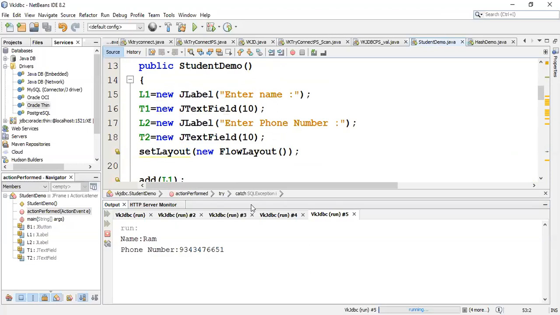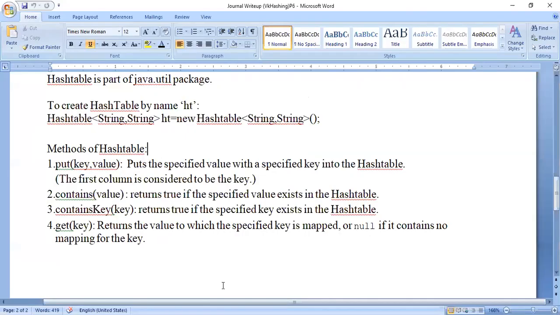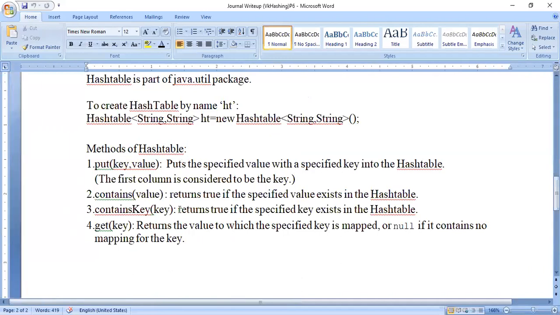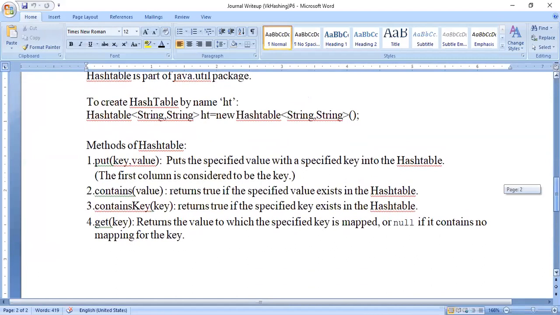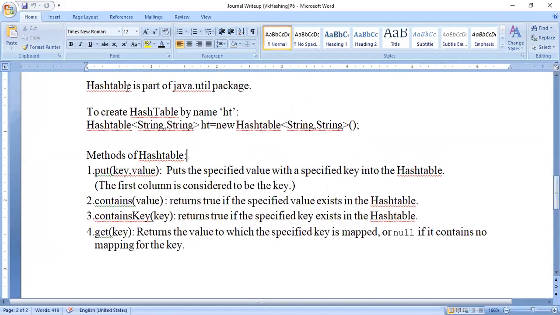Our next journal program is similar, but it has one new concept. So let us first learn that concept that I have already given in the write-up. I will just share that window with you. I hope you all have written this. I don't remember, I had sent it through Aditi. Once I approve, I had told her to forward, but I don't remember whether I've approved it. Yeah, this is the journal 6th program's write-up.